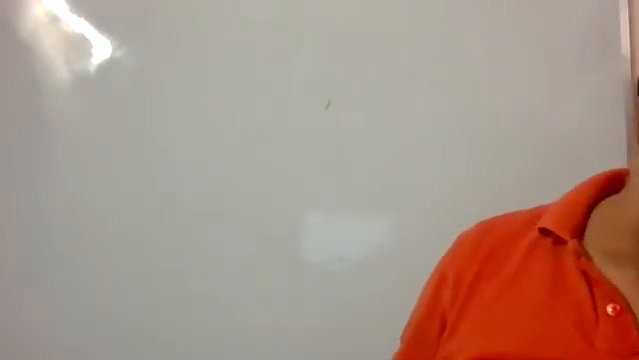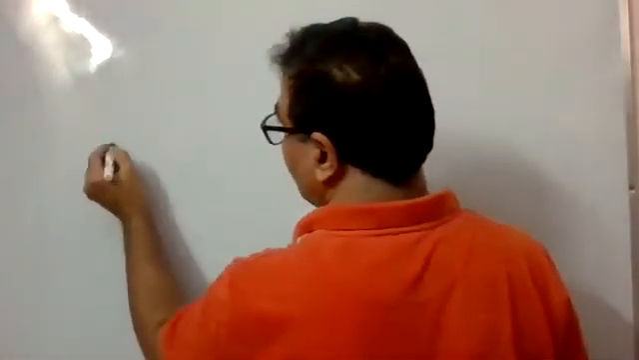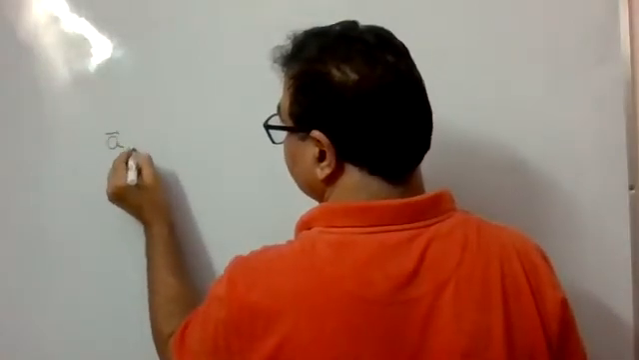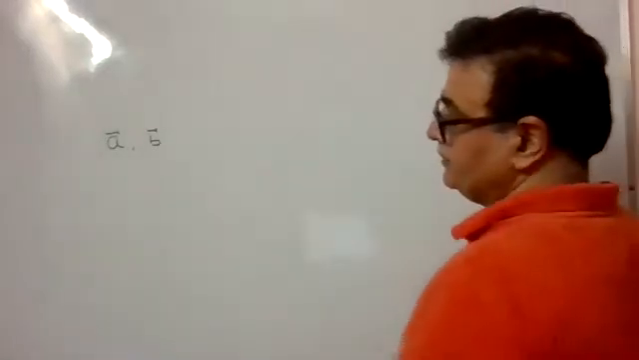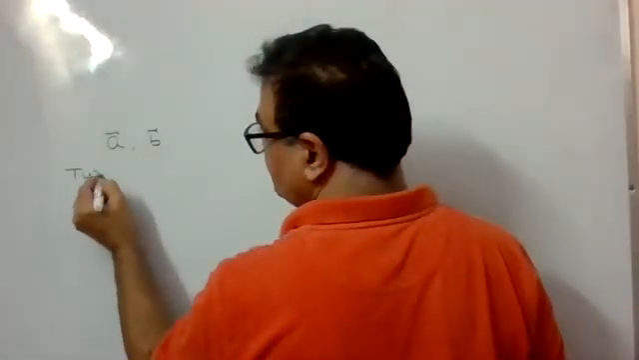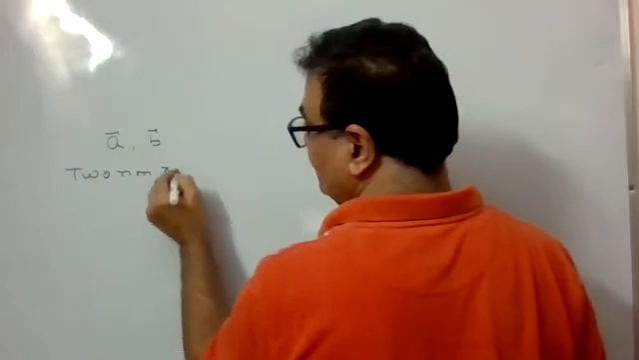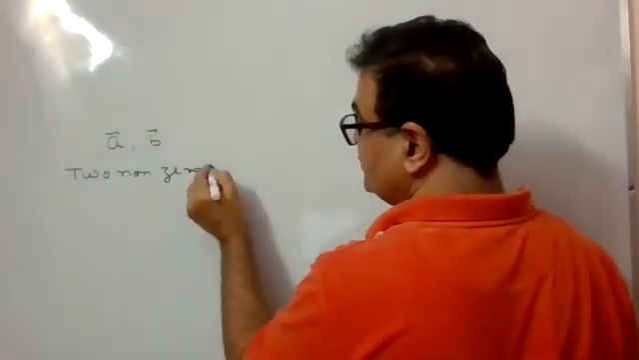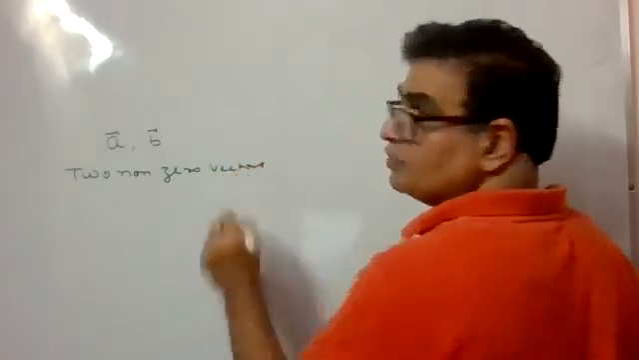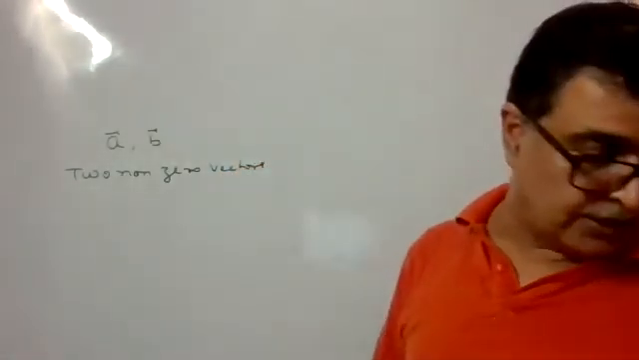A and B, two vectors we are taking. Now we have to find out their scalar or dot product. So write down the definition please. Let A vector and B vector be two non-zero vectors. These must be two non-zero vectors. Non-zero means their magnitude has not to be zero. So two non-zero vectors we are taking,